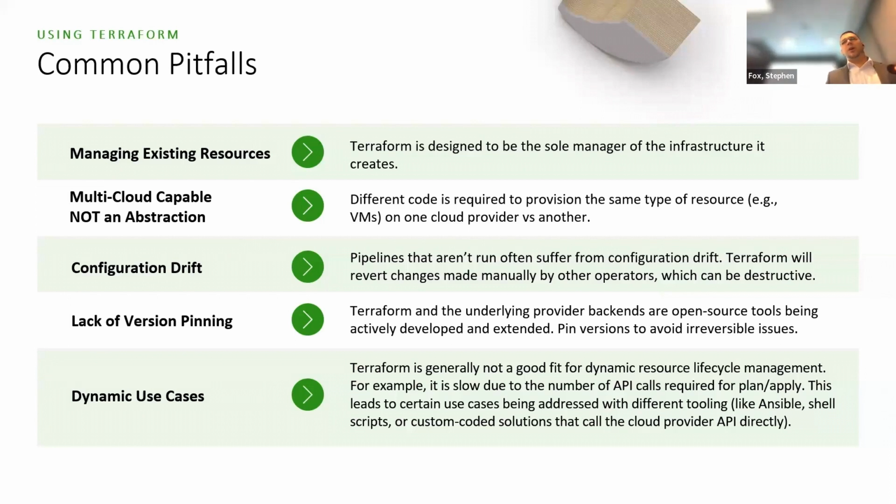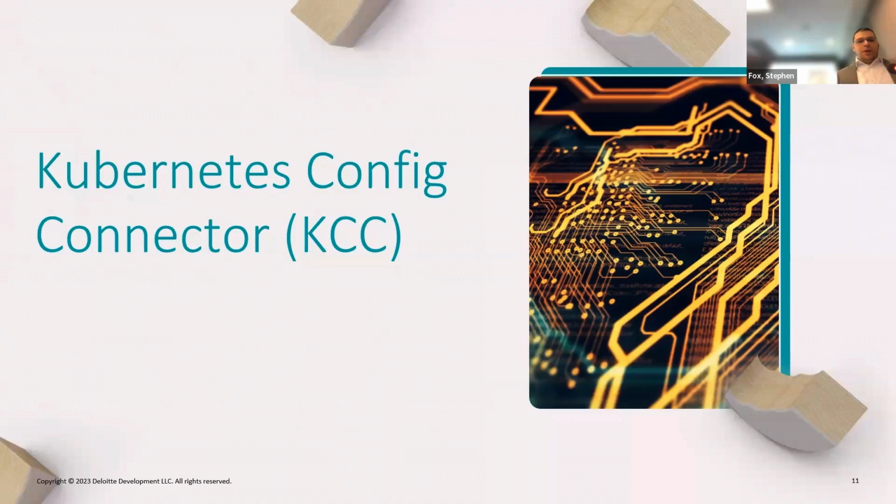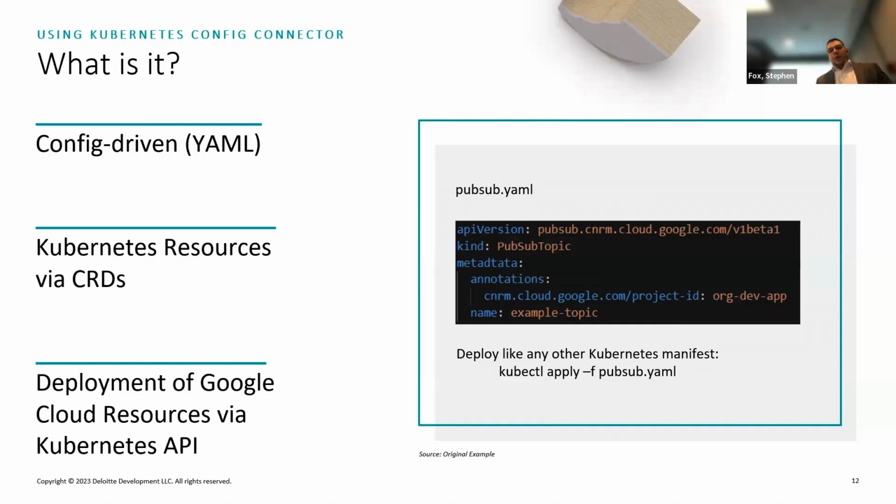You can't just make an API call that provisions Terraform. You kind of have to build that machinery around pipelines to begin with. I'll step away from Terraform and introduce Kubernetes Config Connector. One of the reasons that I would like to talk about KCC today is actually that some of the complexities that come with the pipelines of Terraform kind of go away with Kubernetes Config Connector.